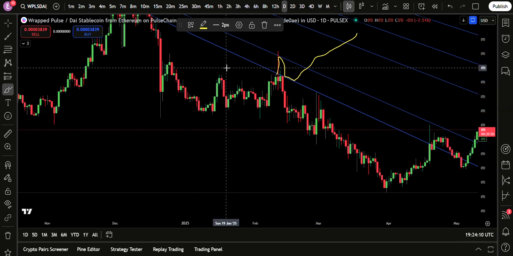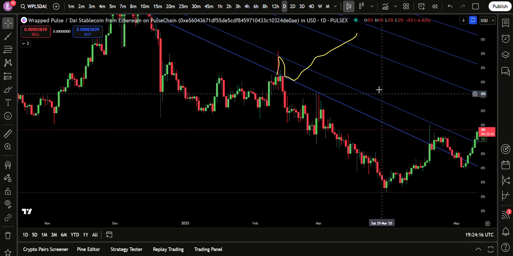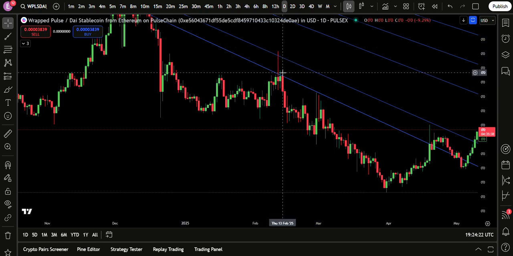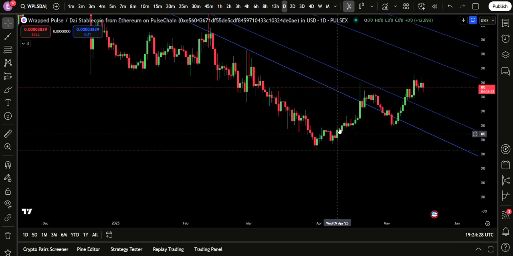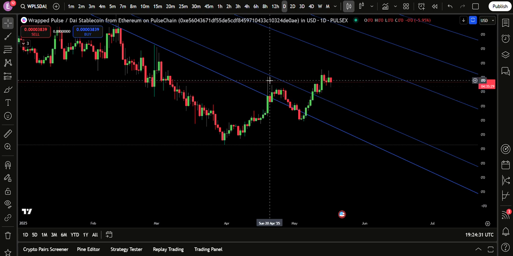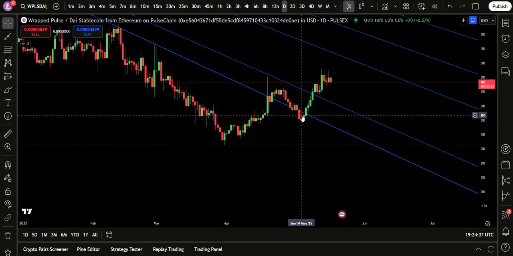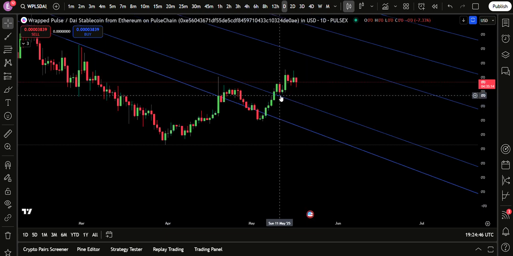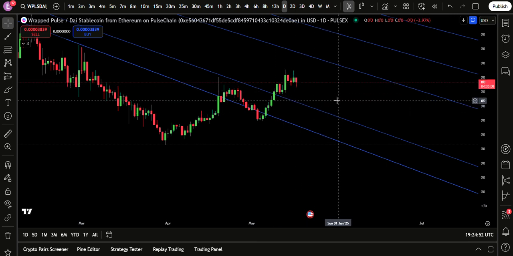So if it can't do it, then it just breaks down like it's done. Right, so let me get rid of this because I didn't need this. But if it broke out of there and can't hold the line as support, then it breaks back down and the line's still resistance. Came back up, look at that, hit the line. Resistance. Now we've hit the line and we've broken out. Now we're trading above the line, kind of holding the line as support, broke down, it was a fake out. Now we've broken back up and we're above the second line. And even better, we came back down a bit and we're kind of touching the top of the line now. Right? So it's kind of held as support and it's breaking up now.